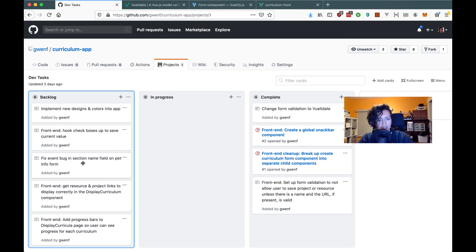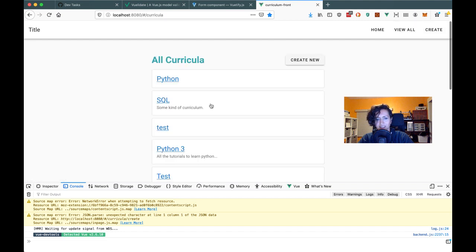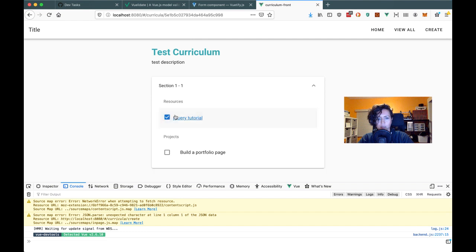So what's next? So I think this is fixed already. I have to check the front end. Of course I said that before and then it came back. Oh, I think because the loop is different, that I'm looping through the Vue object, I think it's not making the same error. So anyways, I need to hook up the checkboxes. I keep saying this, but I really do need to hook up the checkboxes. What is it? This one. So these checkboxes need to be hooked up,